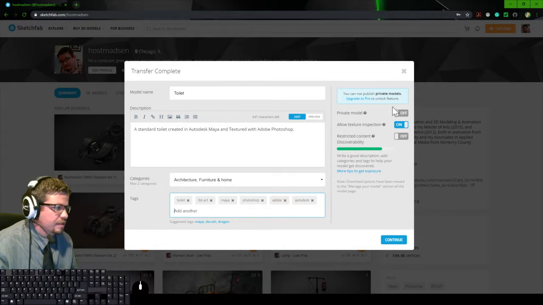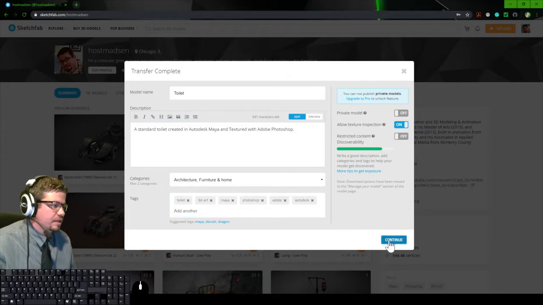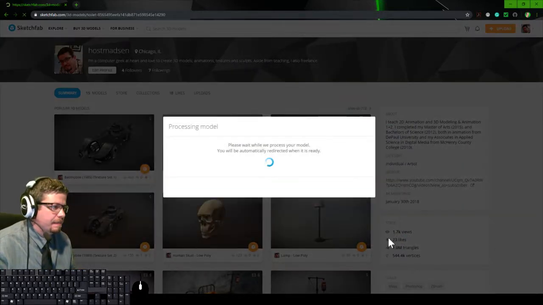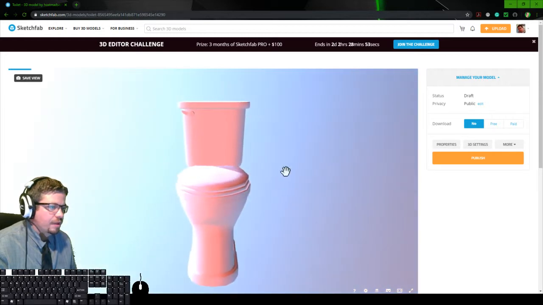It kind of gives you this. You can only create private models if you upgrade to Pro, so that's something to think about. But creating an account is totally free. So now I'm just going to click continue. Waiting for my 3D model to load, and I'm going to click on manage my model,